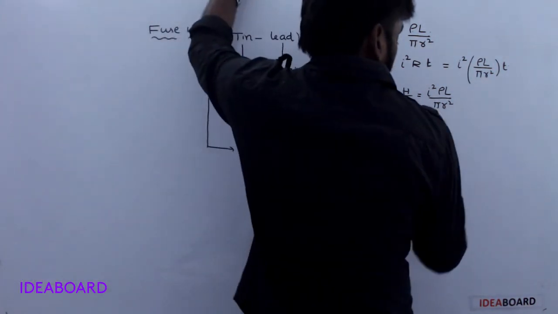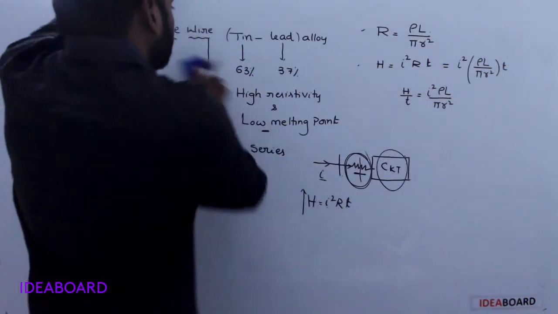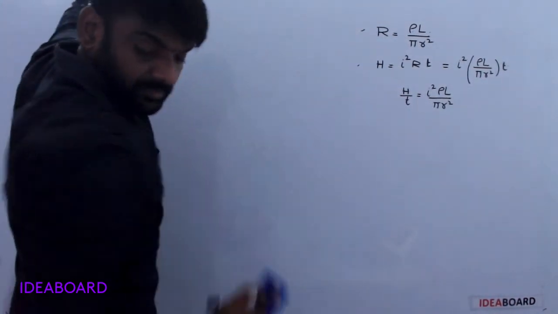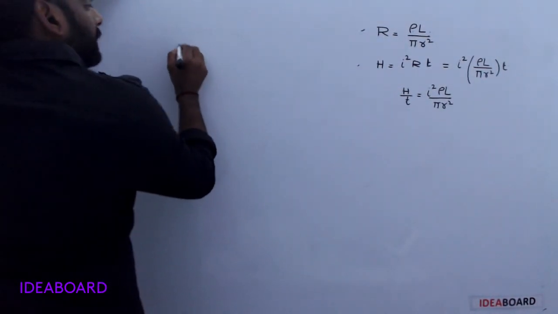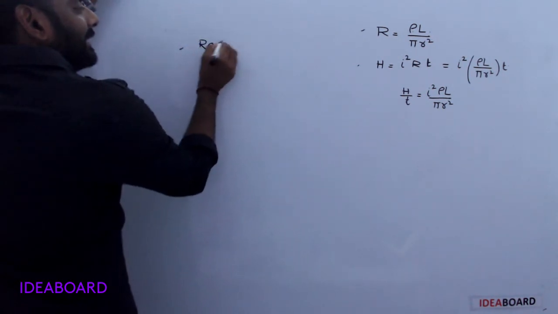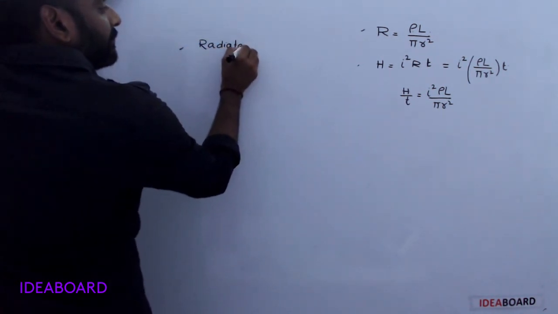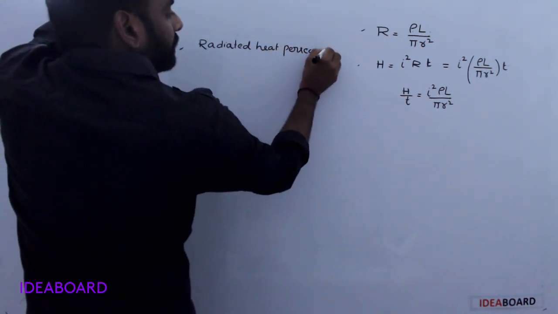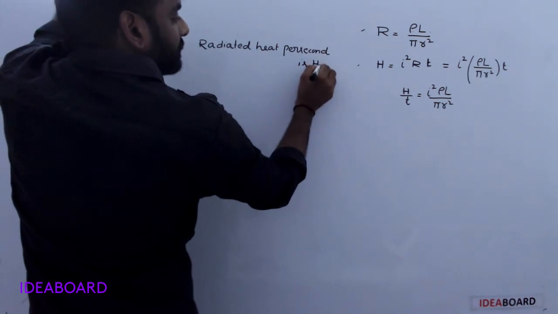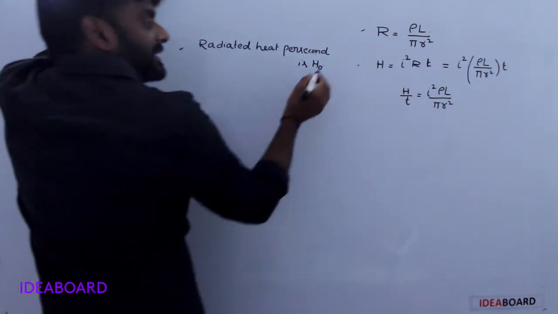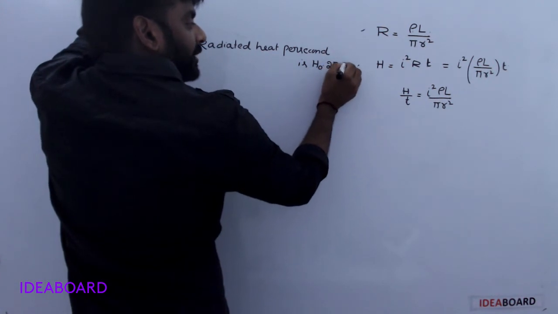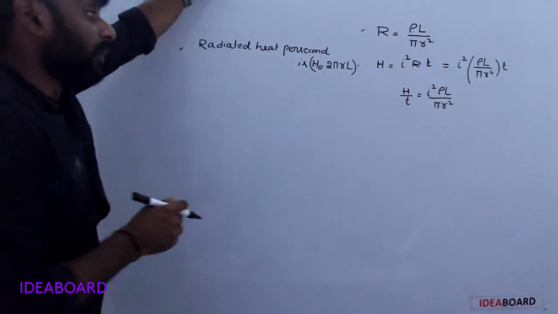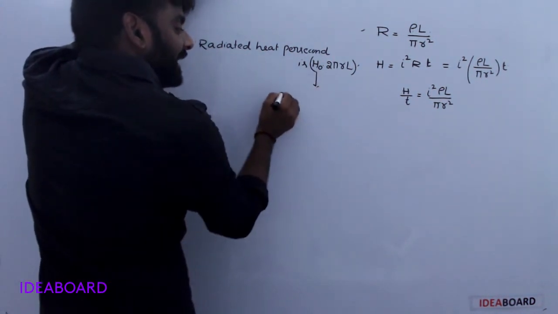Now see here, radiated heat per second is H naught into 2 pi r into L. Why? Here H naught into 2 pi r L. What is H naught? Here H naught is the